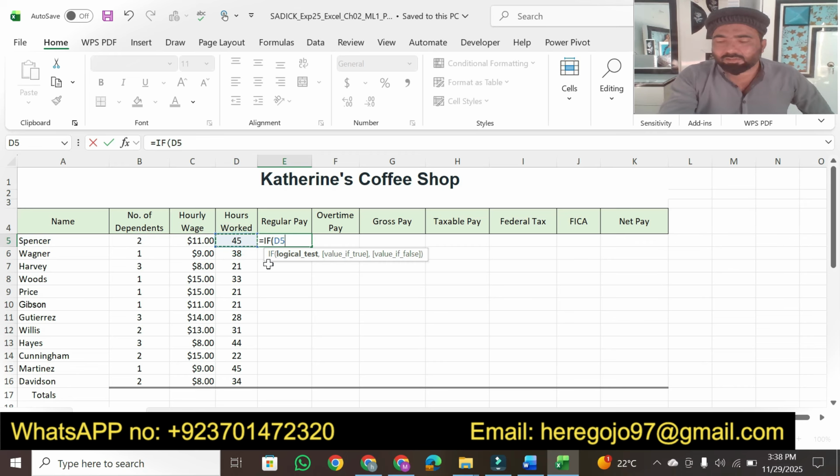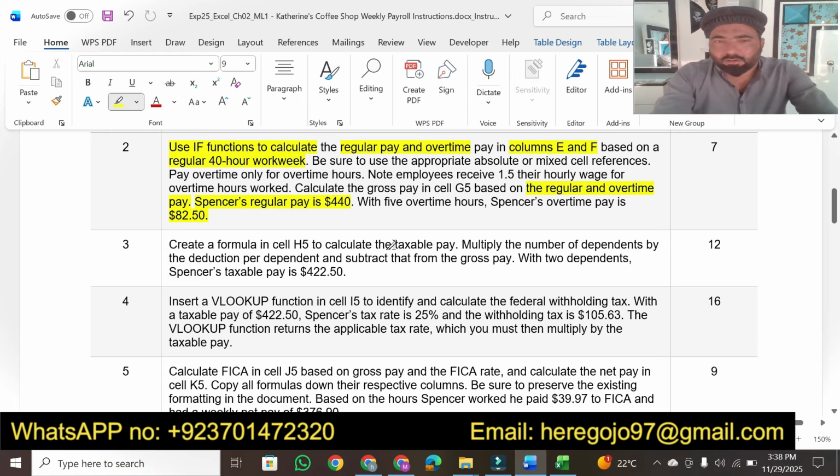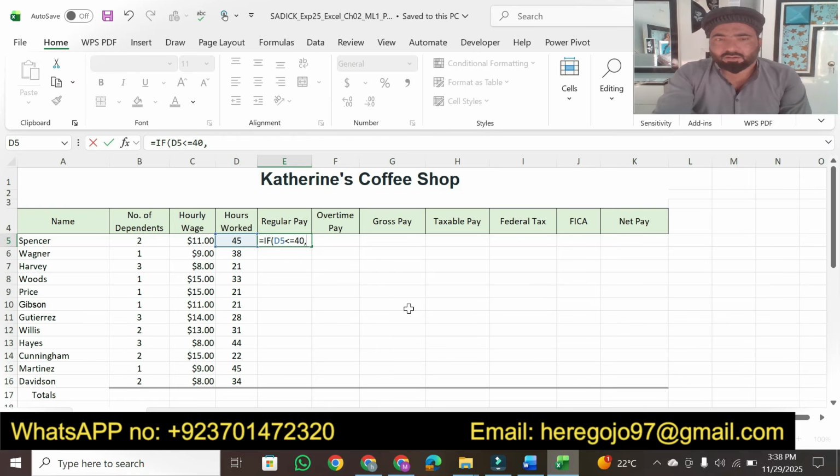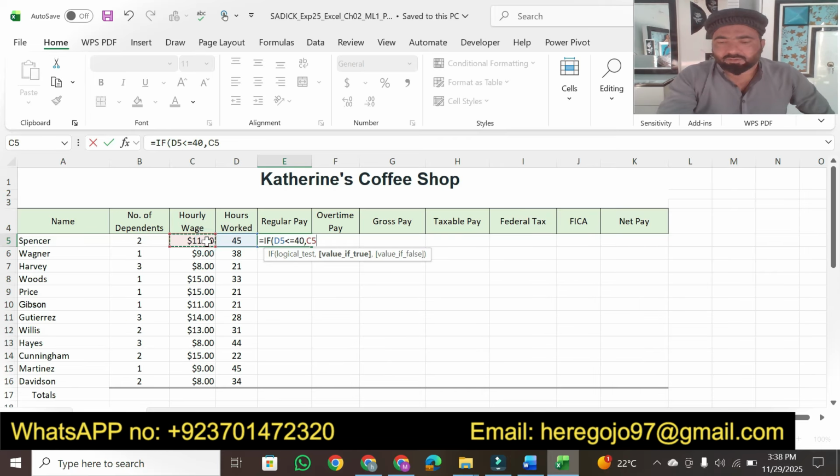If this is less than or equal to 40, then we have to base it on 40. Be sure to use absolute reference, mixed reference, overtime fee for overtime hours. Okay, if this is this one, then we have to multiply this with this. Okay,